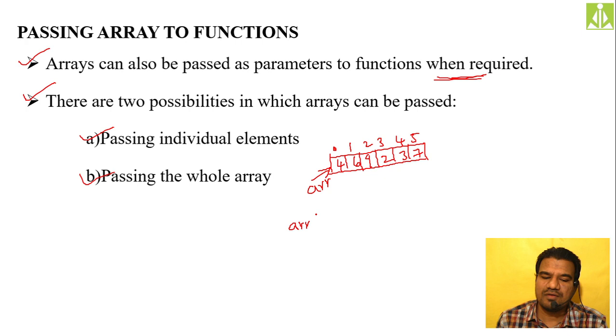So ARR of 0, I can pass the first element, or ARR of 1, I can pass the second element. Likewise, I can pass the individual elements from this array, or if needed, I can pass the entire array, that is passing only ARR. I can pass the entire array as an argument to function. So two possibilities. We can pass the individual elements, or we can pass the whole array, complete array as an